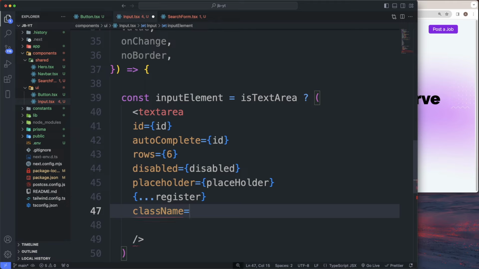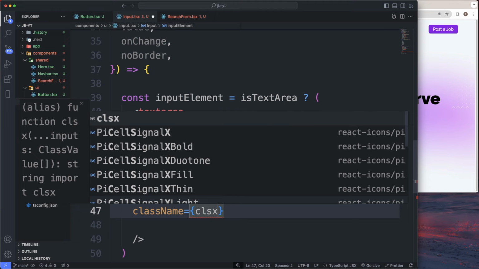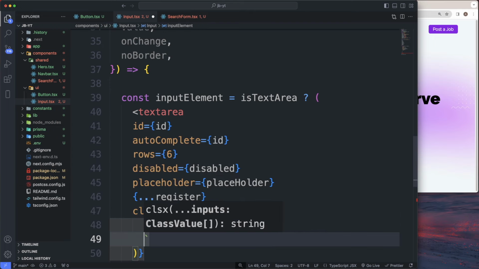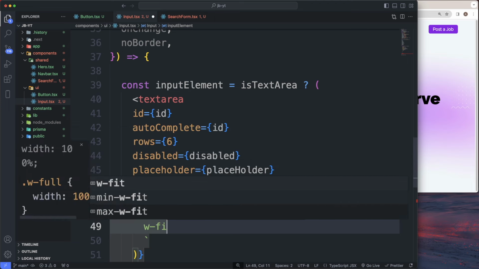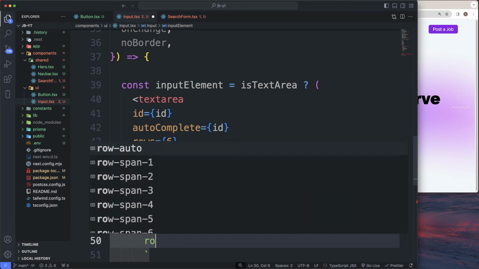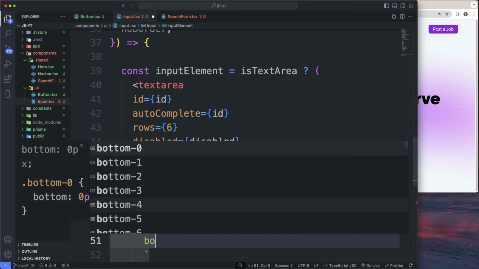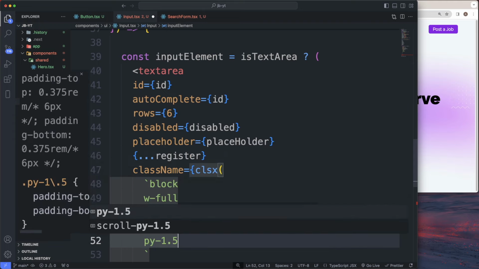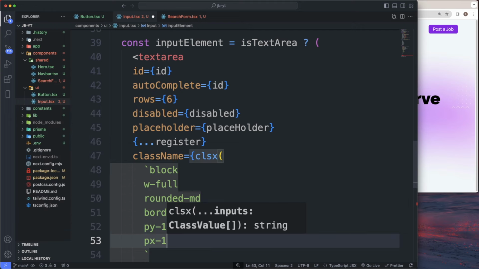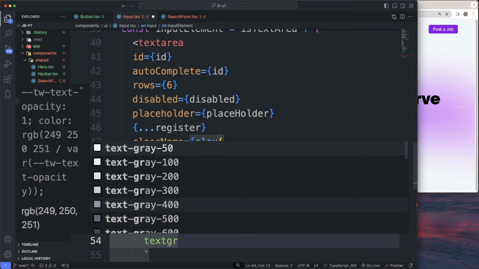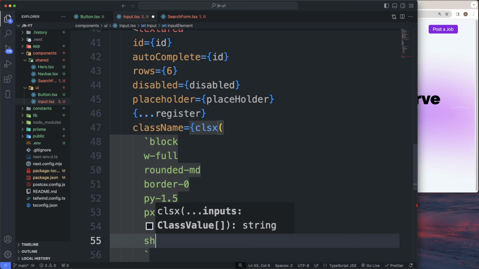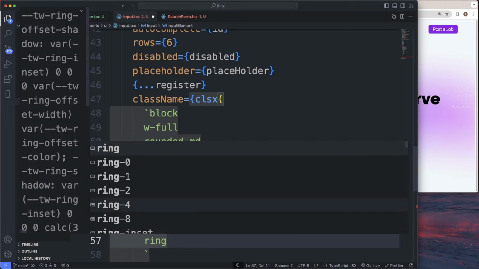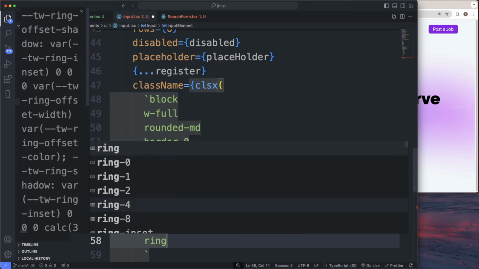So we're gonna do class name, brackets, clsx. All right. And make sure you do parentheses, backticks. So first one's going to be block. I'm gonna make some space here and do width full. I'm gonna do rounded-md, a border-0, a py-1.5, a px-1, a text-gray-900, a shadow-md, and do a ring-1, a ring-inset, a ring-gray-300,